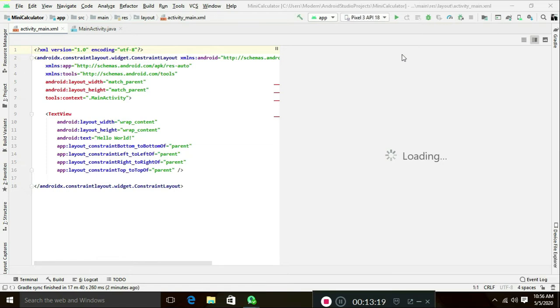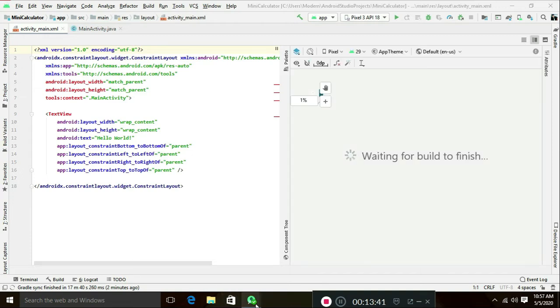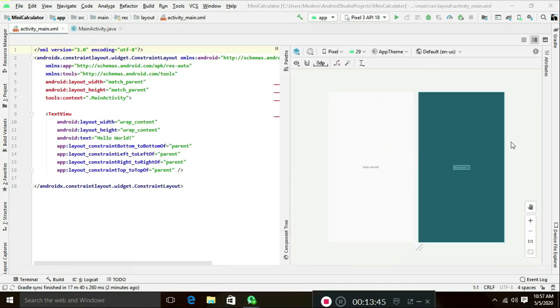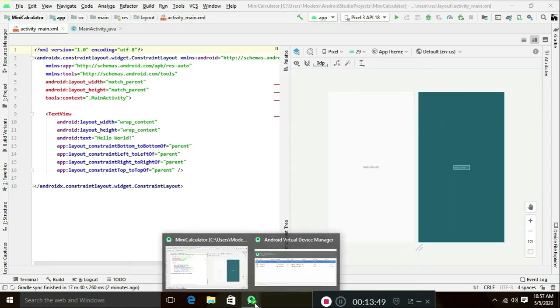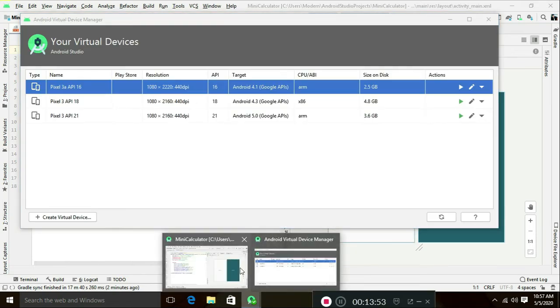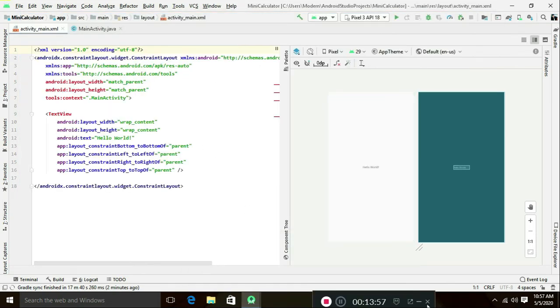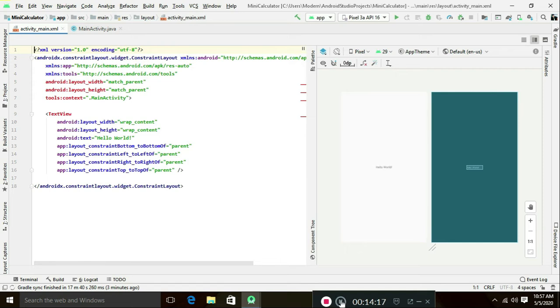My preview is opening. Waiting for build to finish. I hope you will see the preview. Opening my emulator.